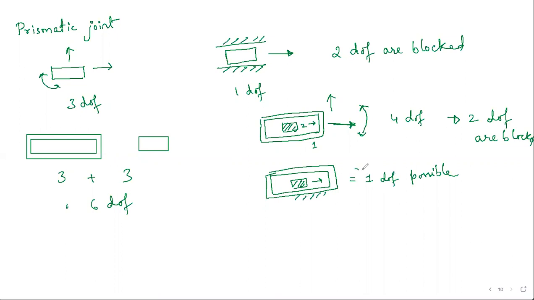Okay, this is called a relative degree of freedom. Okay, and why is it called relative? Because I'm fixing one with respect to the first link, I'm checking the second link, that's why it is relative. Okay, or you can even call it degrees of freedom, simply degrees of freedom. Okay, next we are going to learn about higher pair and how many degrees of freedom do higher pairs block.